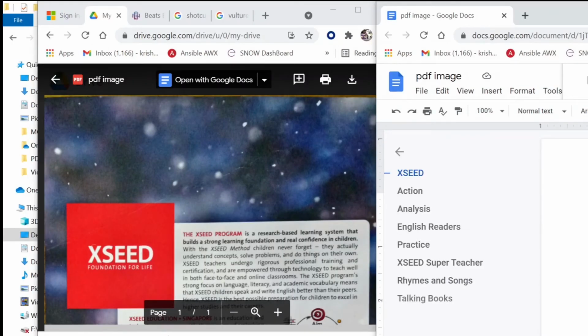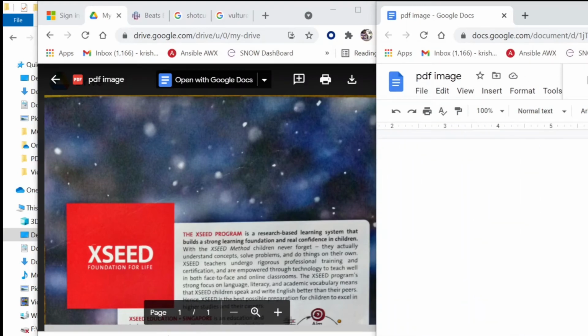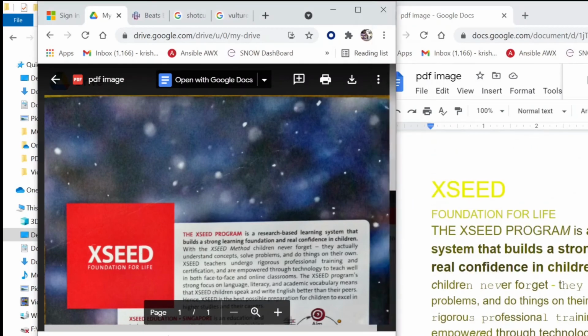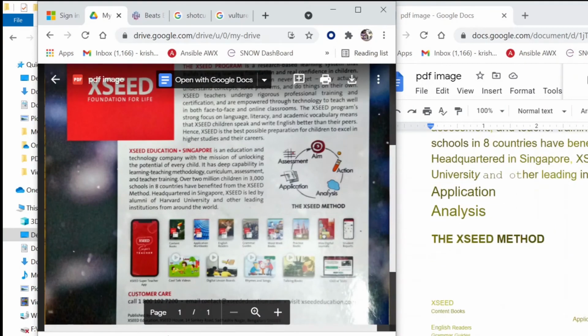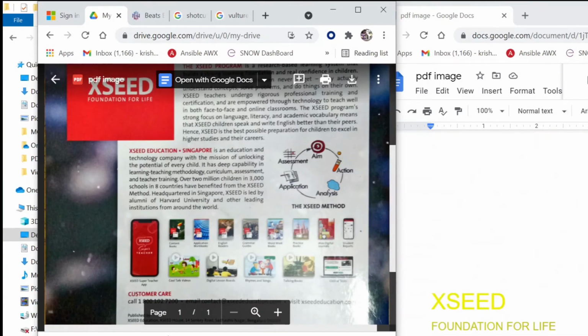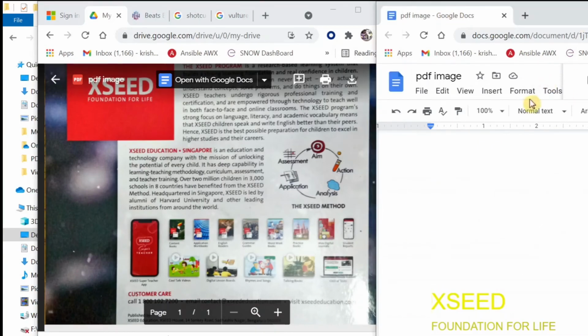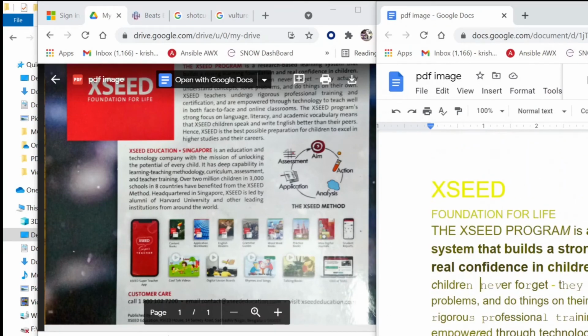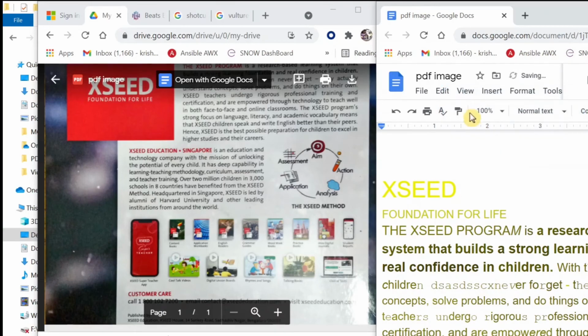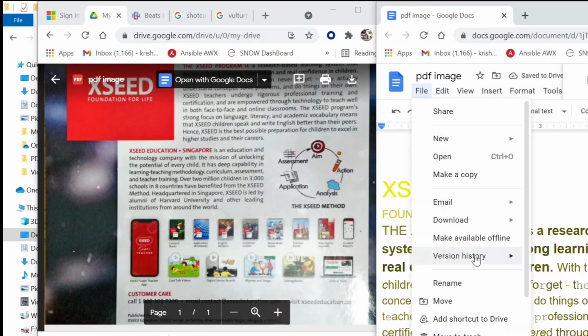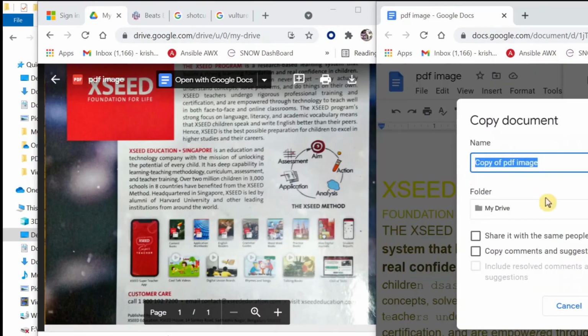Okay, so Google Docs has read the text from that image PDF, and you could see the actual text present in the PDF has been extracted, and we can save this file or edit it as we wish, and you can make a copy and save this as a PDF.